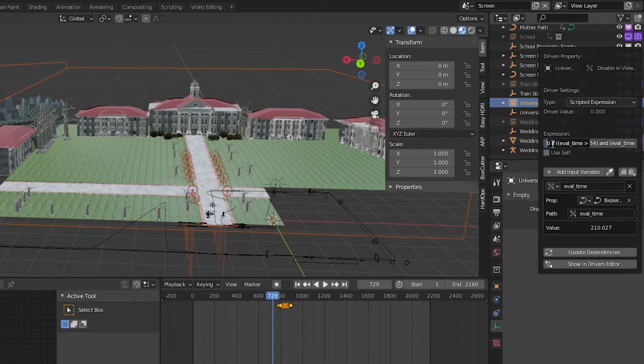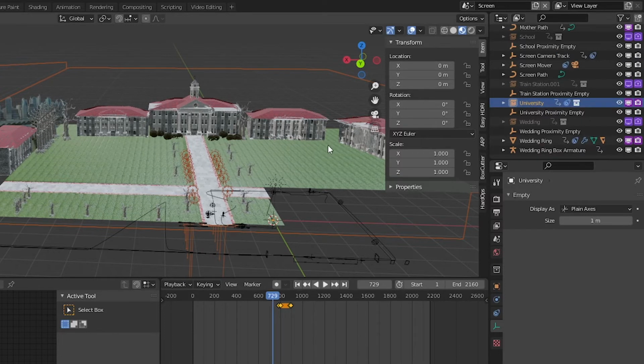This is a Python expression that returns a 0 if the eval time is greater than 54 and eval time is less than 381. So basically, if eval time is between 54 and 381, this expression will return a 0, which means that the instance will be viewable. So it's kind of a double negative